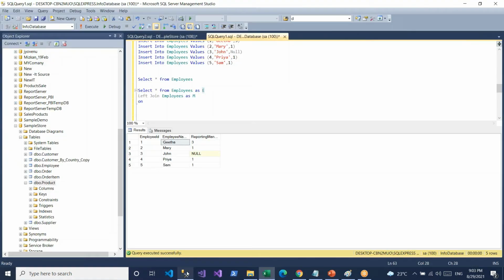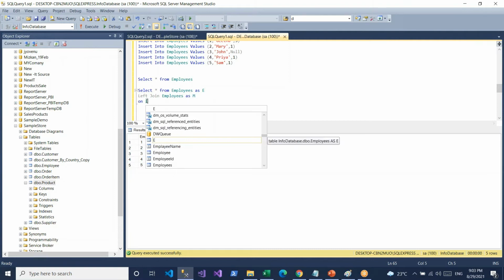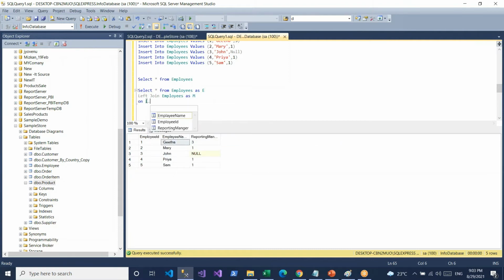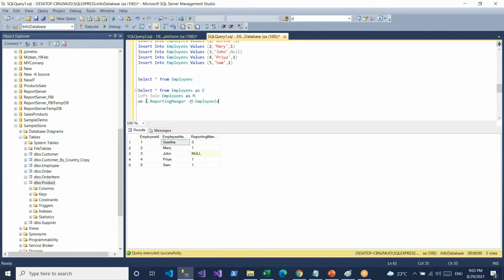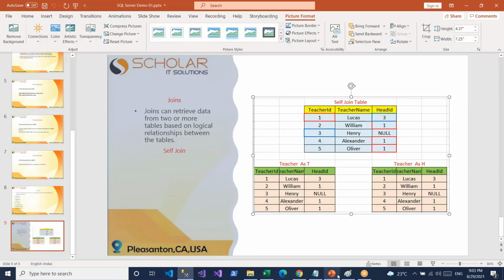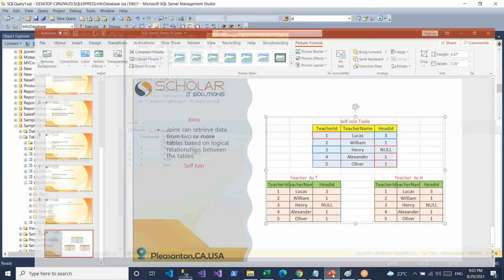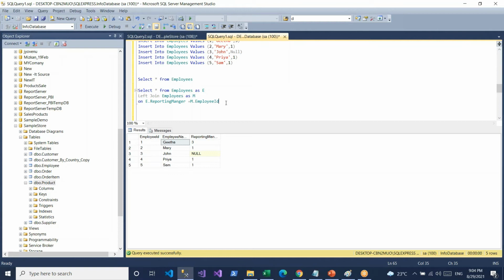In the same manner, I'll map E dot reporting manager equal to M dot employee ID. I'm mapping these two values, assuming this table as two tables.